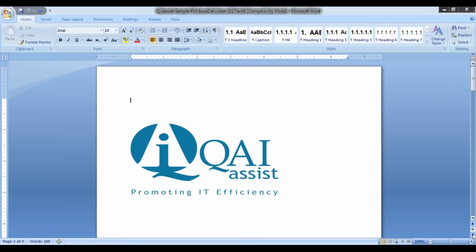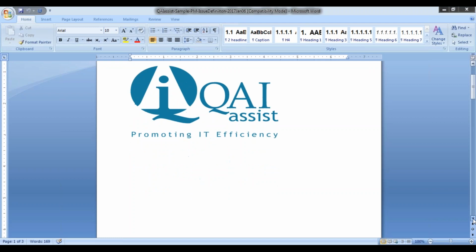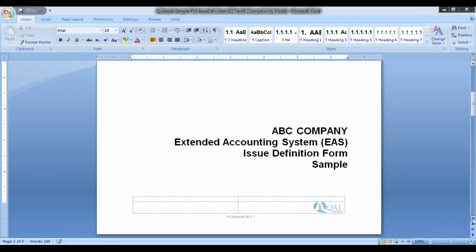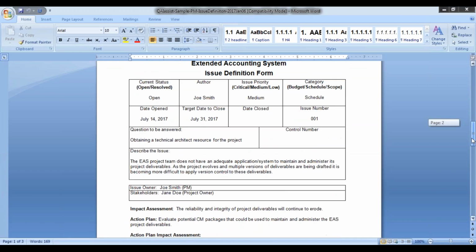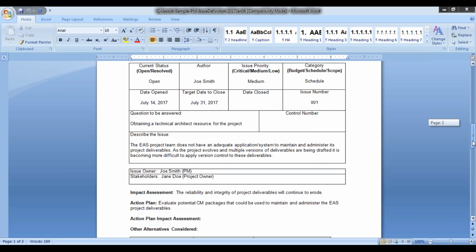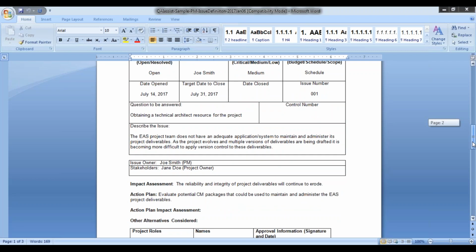So we've got an issue. Okay. We need some place. Here's the definition form. We're going to define the issue, and we're going to lay out the status of it. We're going to lay out when it happened. We're going to describe what it is. We're going to say who authored it.